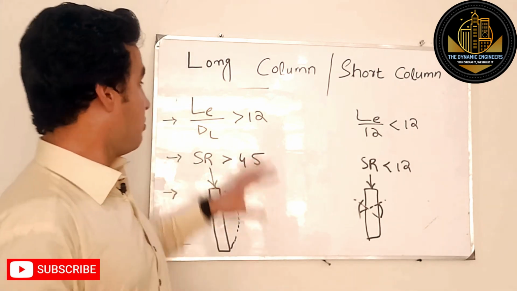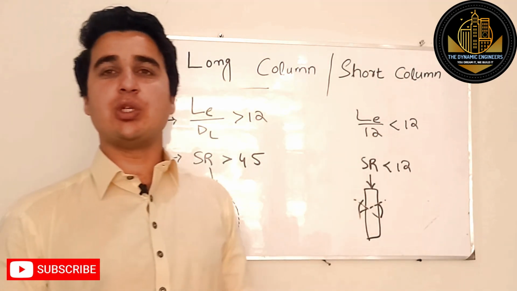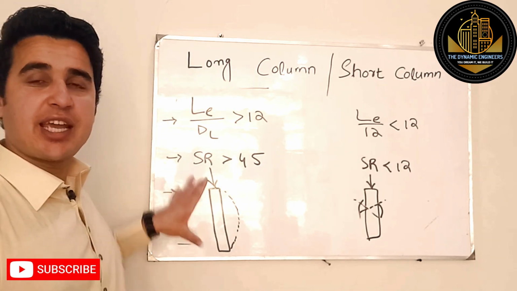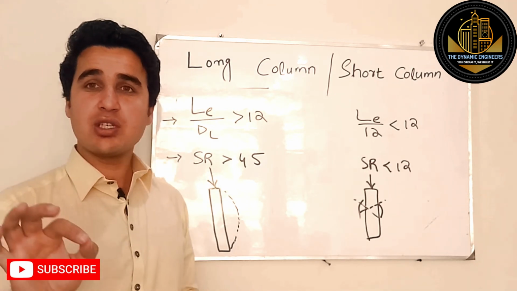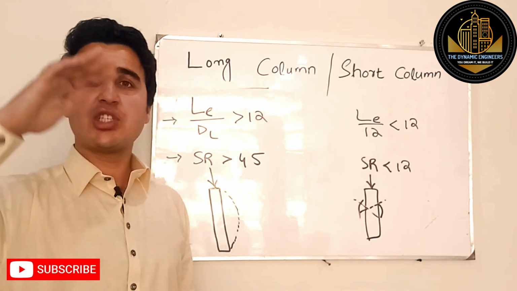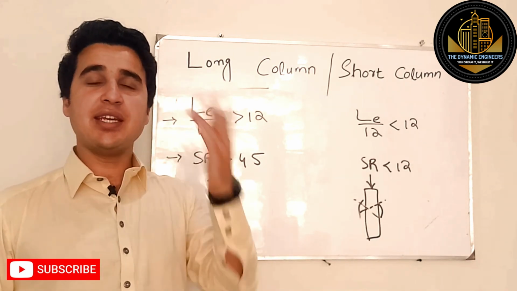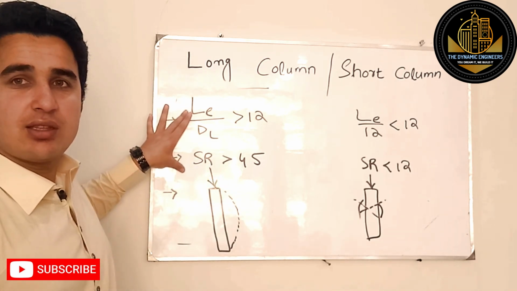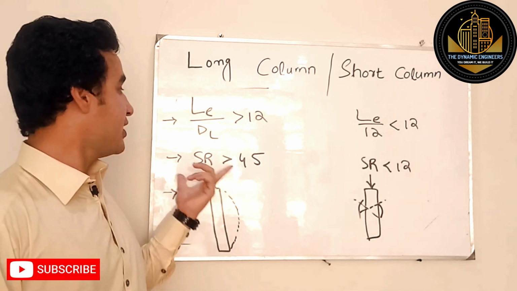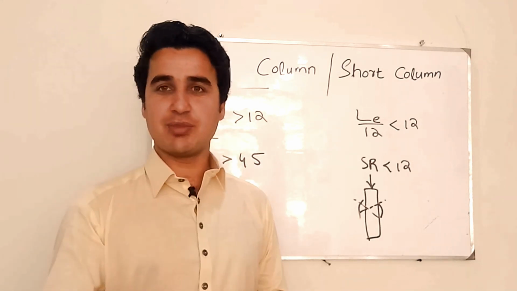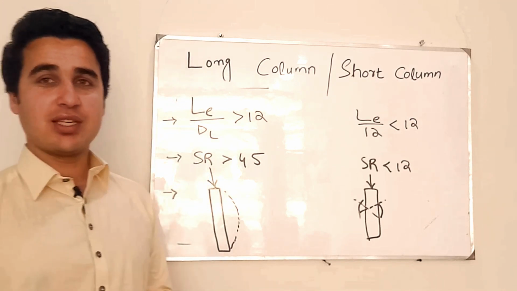So these are the three main differences between long column and short column. The last one, that is the failure mechanism, is considered during the design process, while the other two are considered by just having a look at any column and simply calculating its effective length and least dimension, and calculating its slenderness ratio. So I hope you would have learned something from this video,